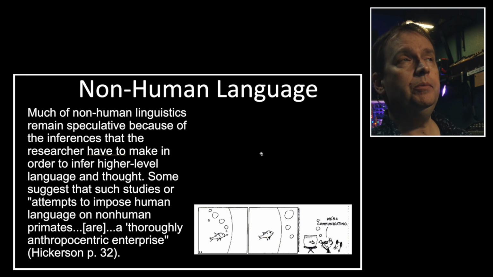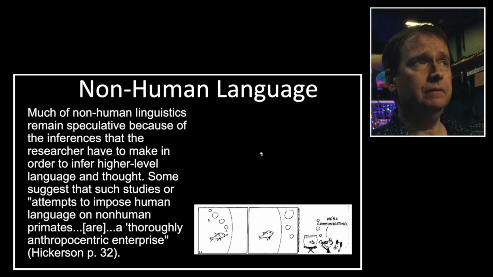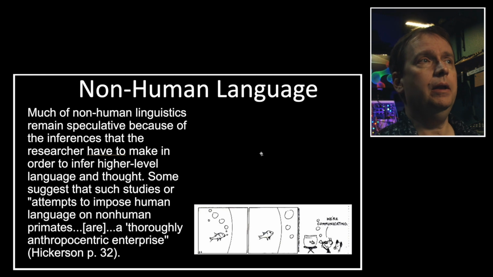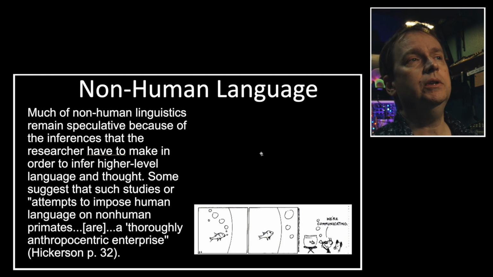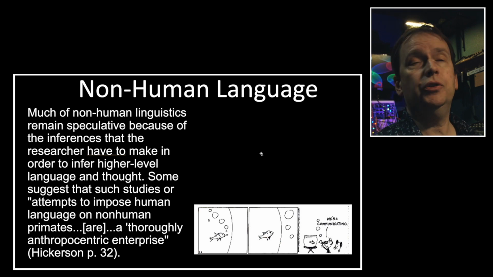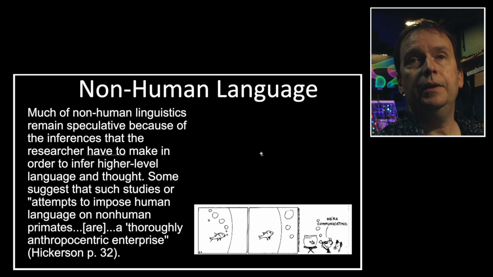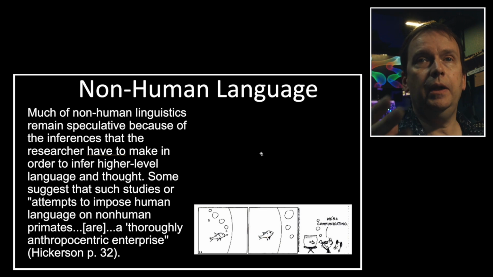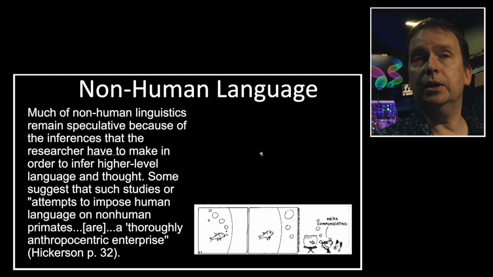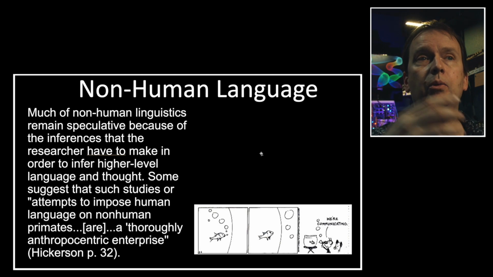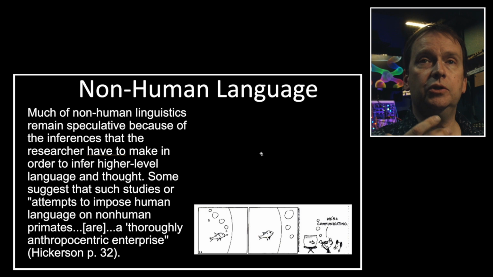Now, much of non-human linguistics remains speculative, and one of the reasons is we often have to infer about higher level language and thought. Some suggest that such studies or attempts to impose human language on non-human primates are an anthropocentric enterprise, meaning that we're assuming that Washoe or all the other famous chimps or apes who had levels of using American Sign Language, we're assuming that they want to communicate with us, and we're often assuming what they're